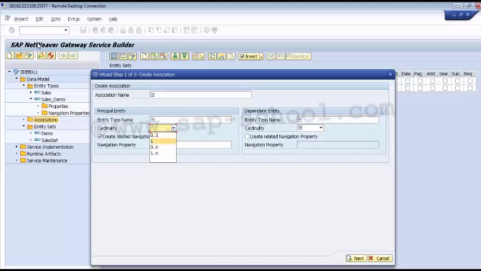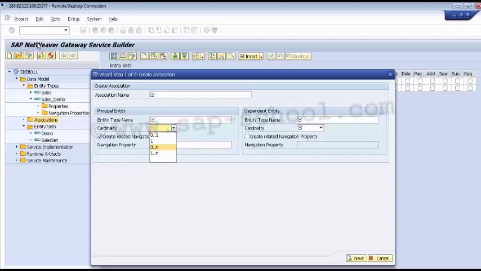Then we have 1. 1 means it is a one-to-one relation, that is exactly one instance occurs. Then we have 1..n, which means one-to-many relationships. One or more instances can occur if we choose 1..n. Then we have n. N means 0..n, that is 0 to many relations, which means that 0 or more instances can occur. Many-to-many relations is not supported in the wizard.